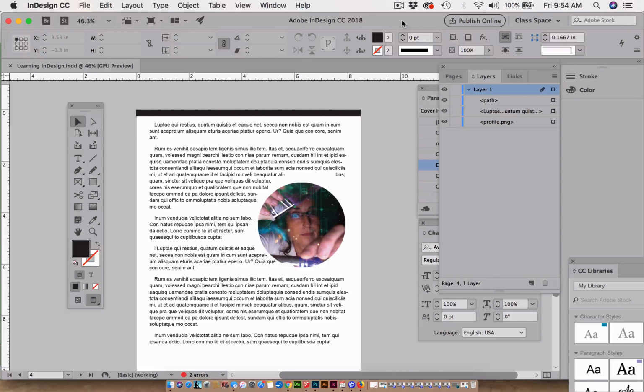In this little movie, I'm going to simply show how to separate contents that are all on one layer to separate layers and to move them in InDesign. Right now, I've opened up a page that has